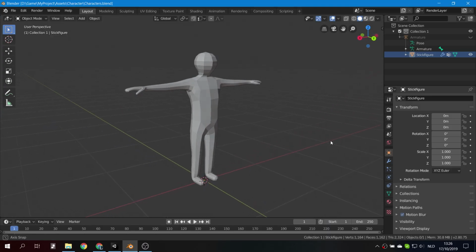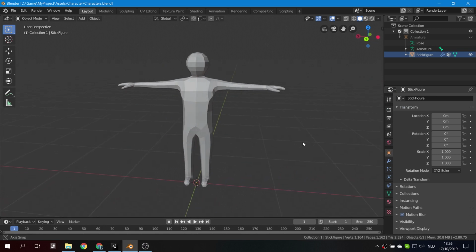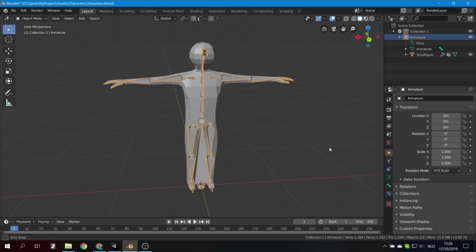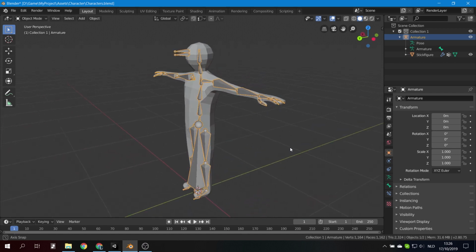Once I had a part of the level finished, I really wanted to walk around in it. So I threw together a stick figure in Blender. It's just a temporary placeholder and I'll definitely make better characters. I also gave it a rig such that I could animate it, and then exported all of that to Unity, which is a process that was fairly easy. You know what I'm talking about if you watched my previous video.